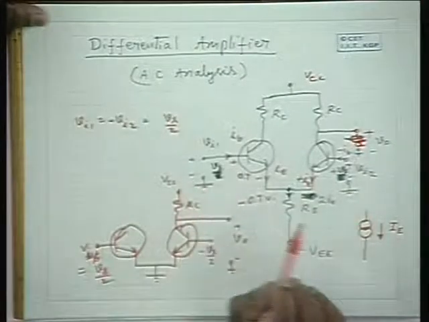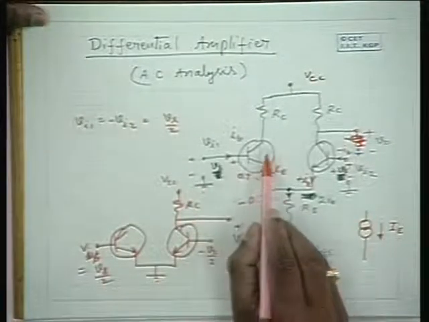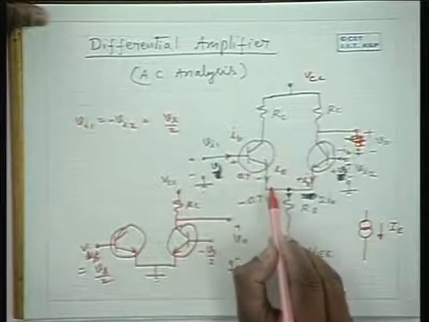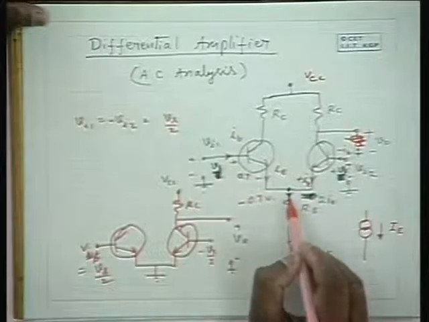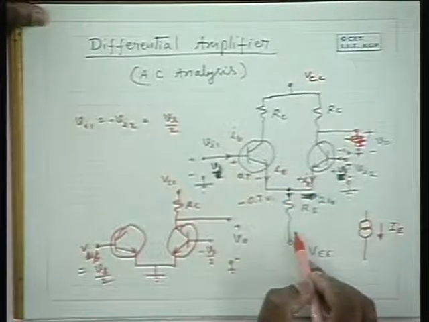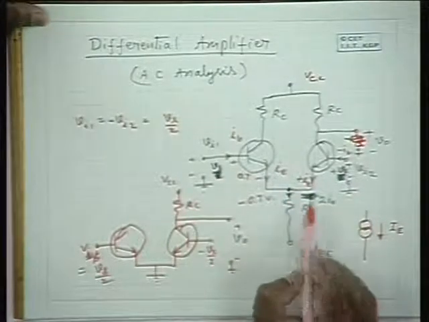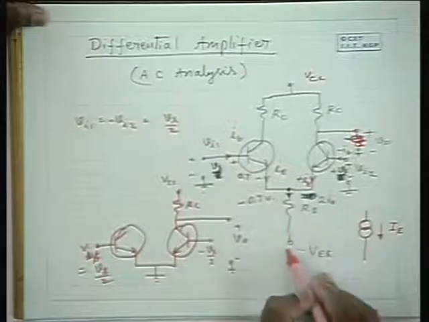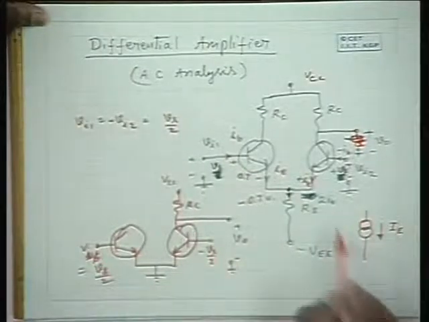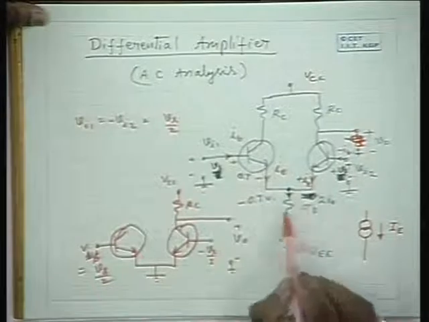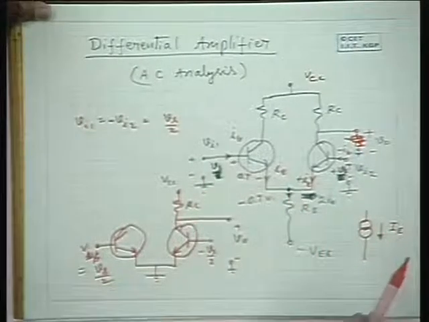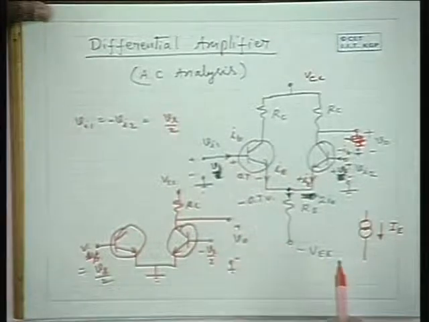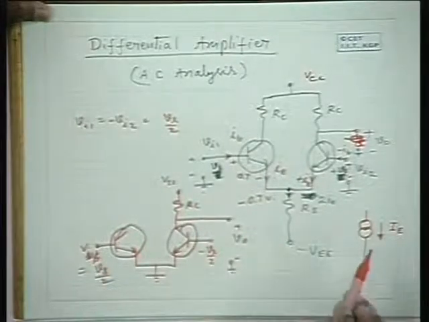Now, under differential signals, there would be an incremental alternating current here, and there will be a current with opposite sign here, and there is no change in the current flowing through this. The alternating signal is 0 actually. So, the instantaneous current does not change, hence there is no problem. By using a constant current source here, it does not affect the differential signal.